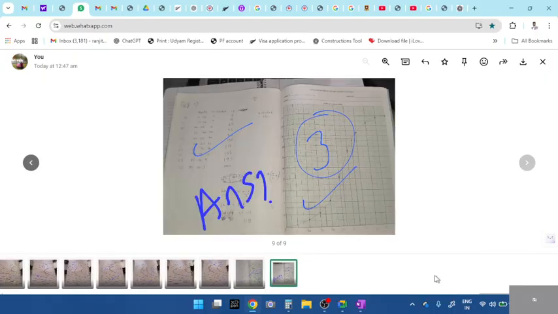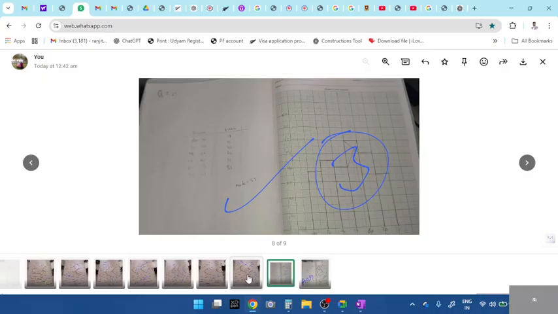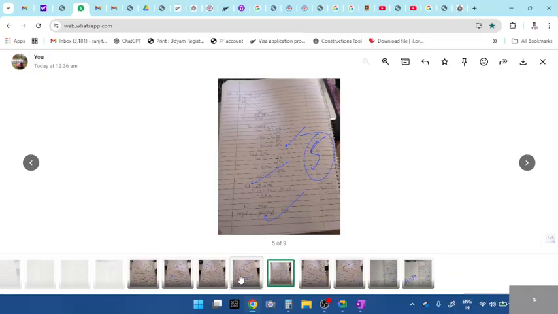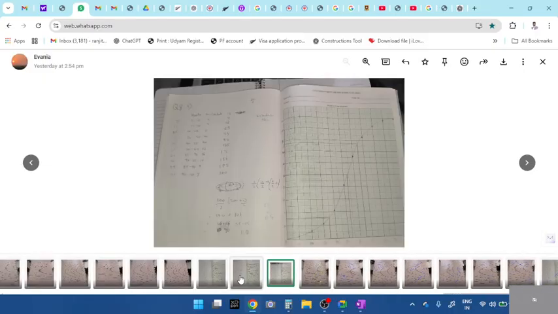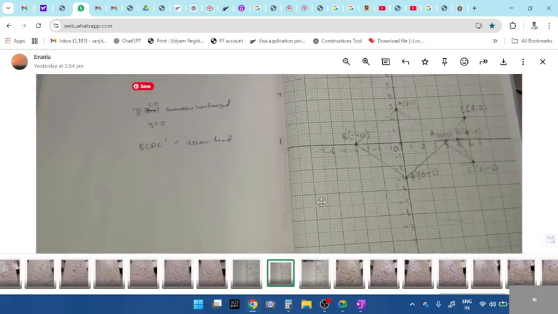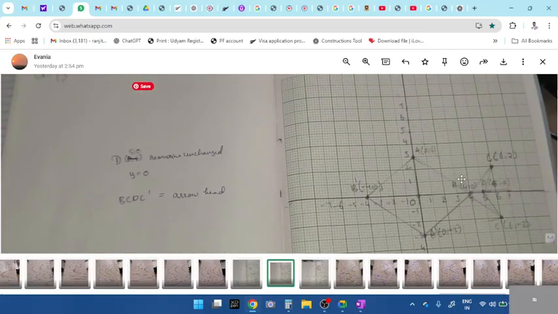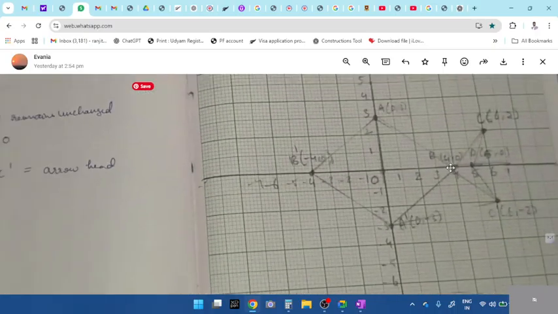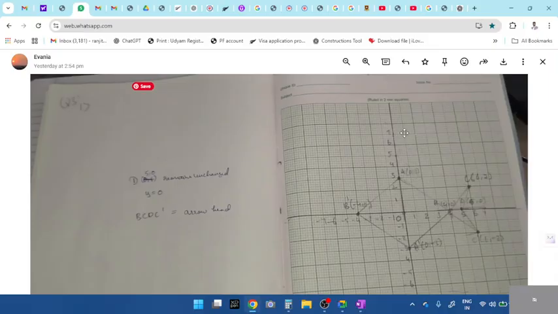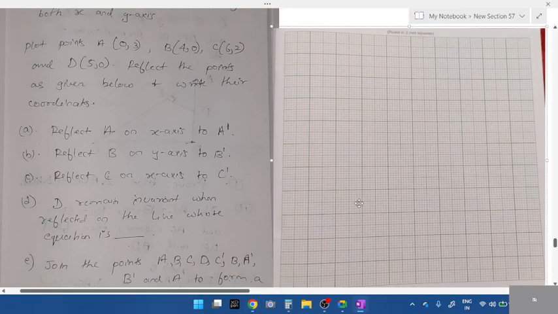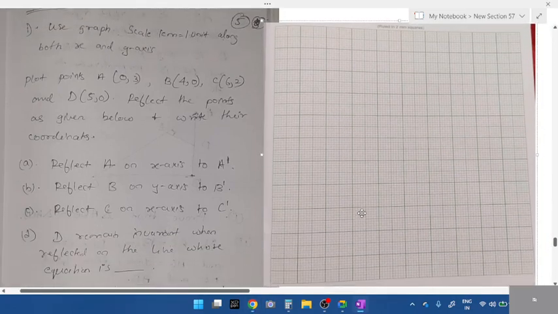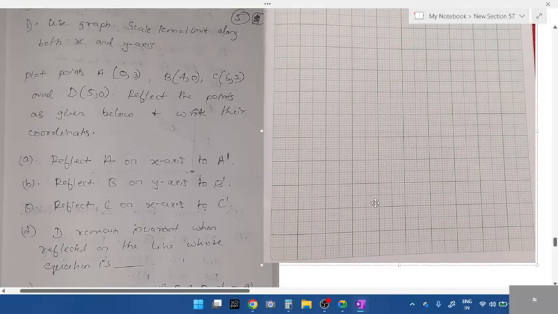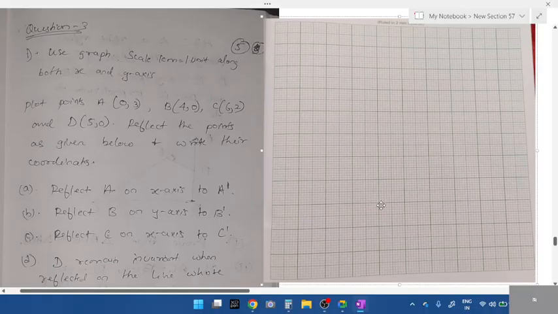Okay, what was I about to explain? Graph question. Okay, can you all see the graph answer, students? All of you, can you see the answer? Okay, yeah, green one, same green one. The only thing is the difference in instruction they have given. Look at the instruction they have given. 1 centimeter is 1 unit, student. This is a 2 centimeter graph. See, I'll tell you all the reason